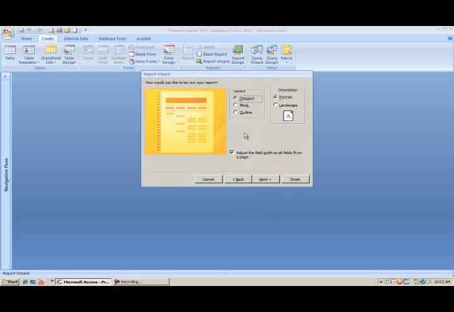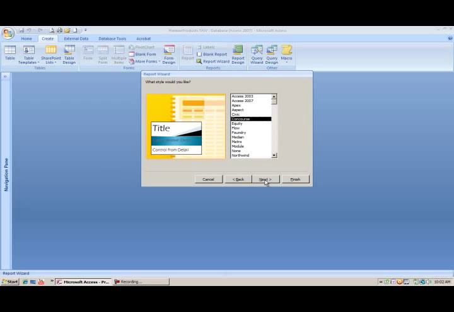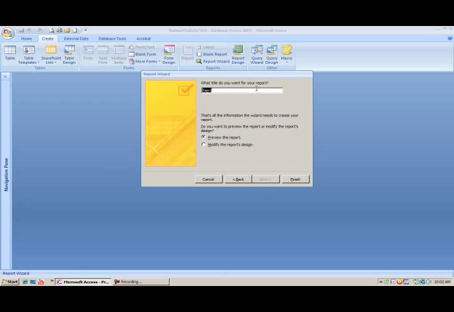Click Next. Here you choose a layout, and this can be changed later. And orientation, which can also be changed later. And I will choose landscape. Click Next. Here we can choose a style, which again can be changed later if you would like to tweak it or it doesn't make somebody happy. Click Next. Enter a title for your report, and mine will be Customers by Sales Rep. And click Finish to preview the report